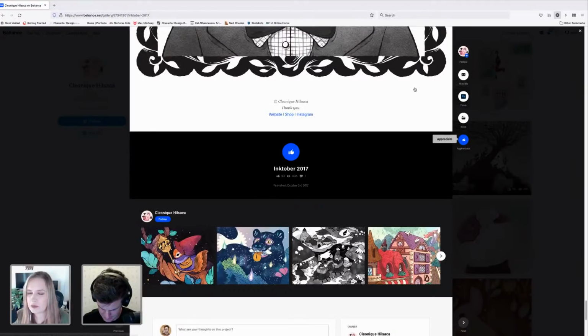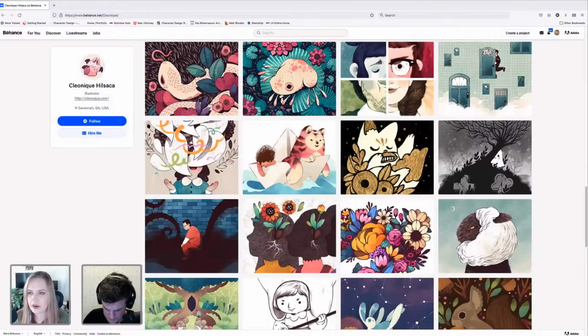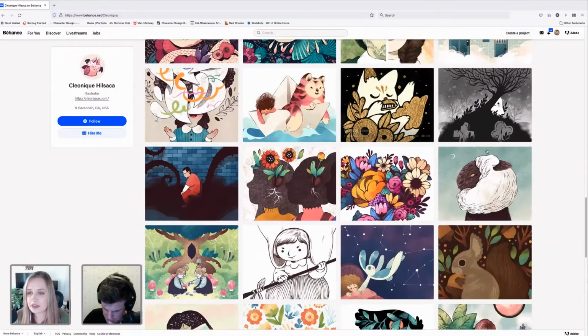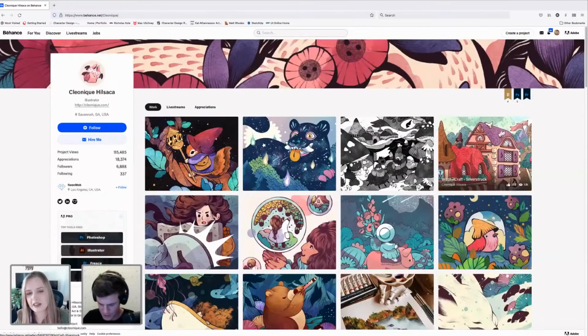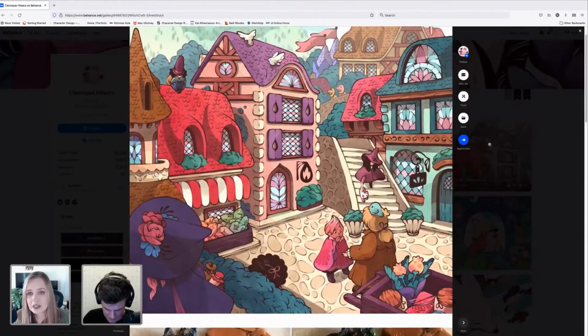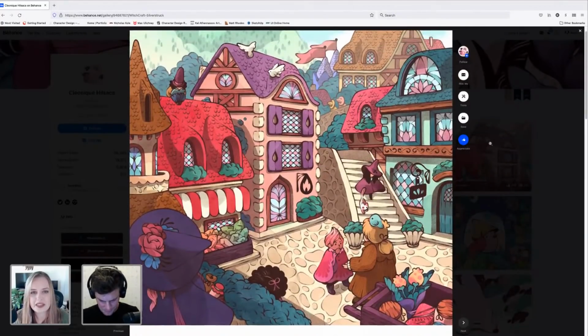I wanted to look at one more. It's at the top row on the right. This one? Very top row. Yeah, the buildings, the houses. Okay. Yeah, there's so much detail in this illustration. I was looking at it earlier. Oh wow, so much detail. All of the shingles and everything. The little trees in the background on the mountain. Oh my goodness, multiple characters. There's just so much story going on in this picture. And the architecture is really adorable as well.